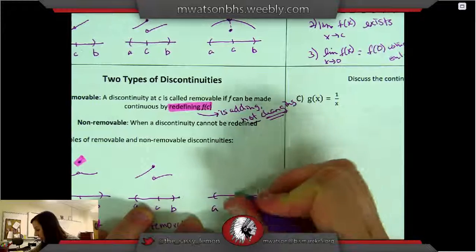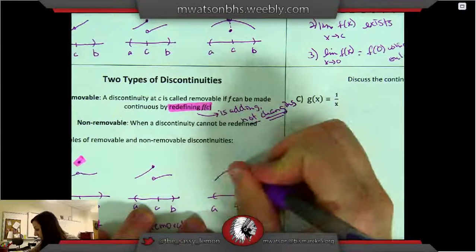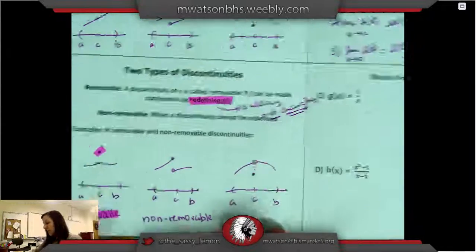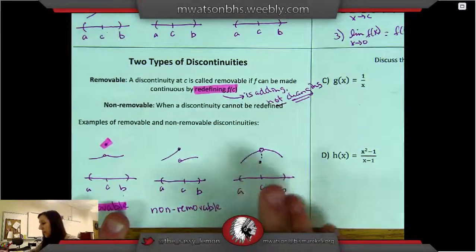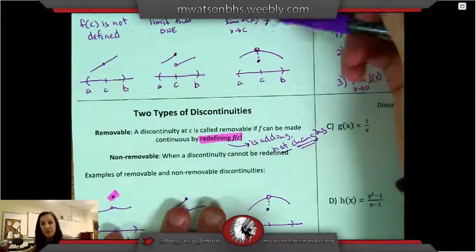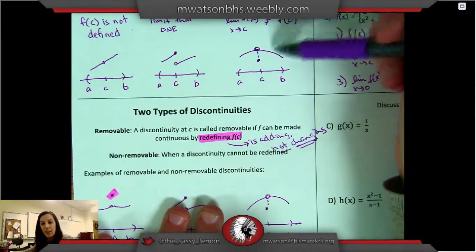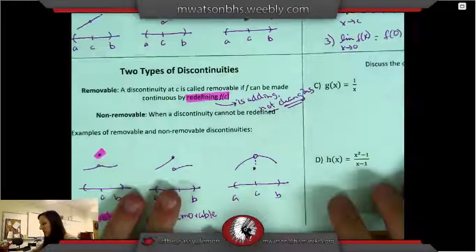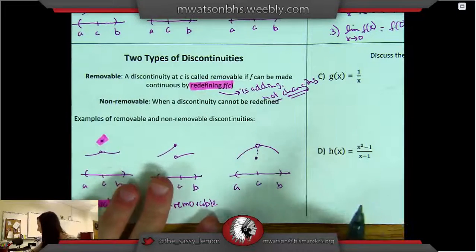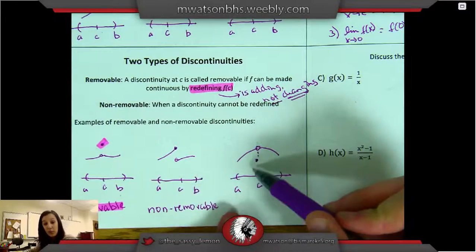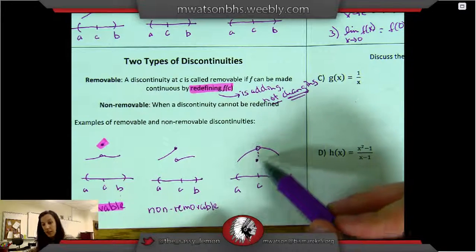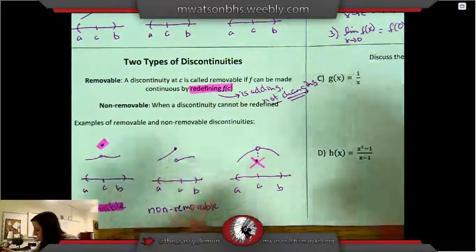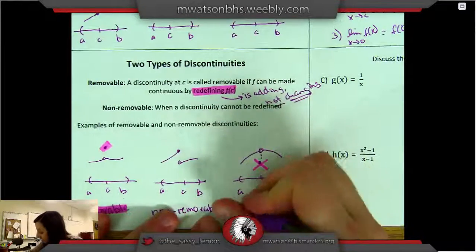We've got A to B, C in the middle, and we've got this hole with a point down below. So let's think about this one. Is there any way to fix this so that it meets the criteria of the limit of f of x equaling f of c? Is there any way that we can fix that? Well, there actually is. We can remove this point. We can just get rid of this point right here. And that would make it removable because then